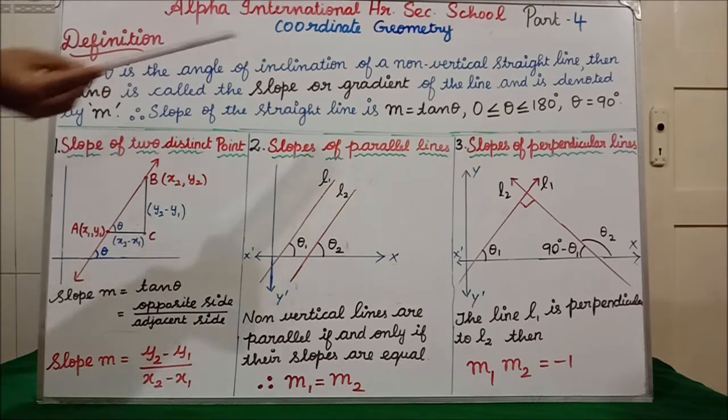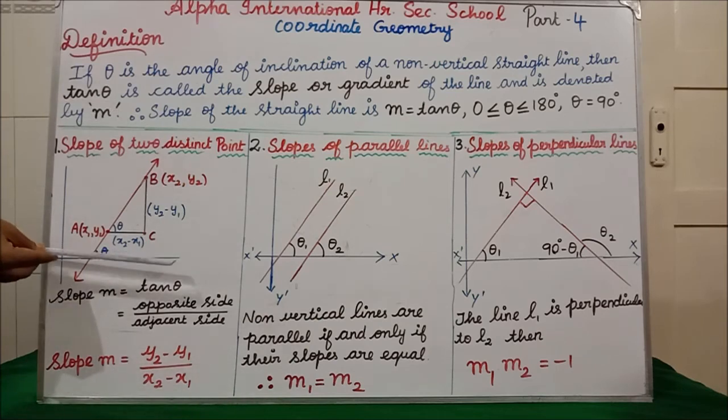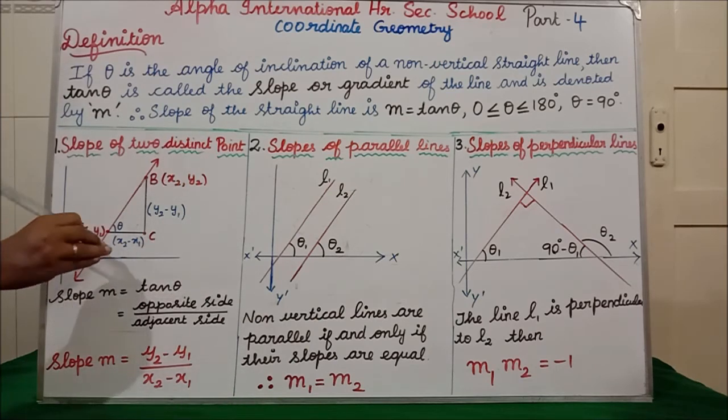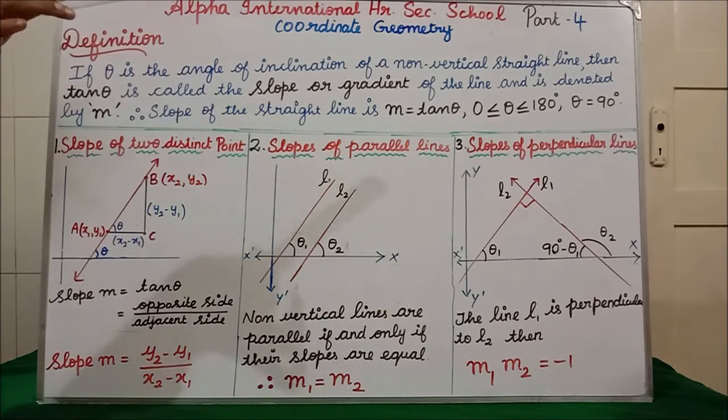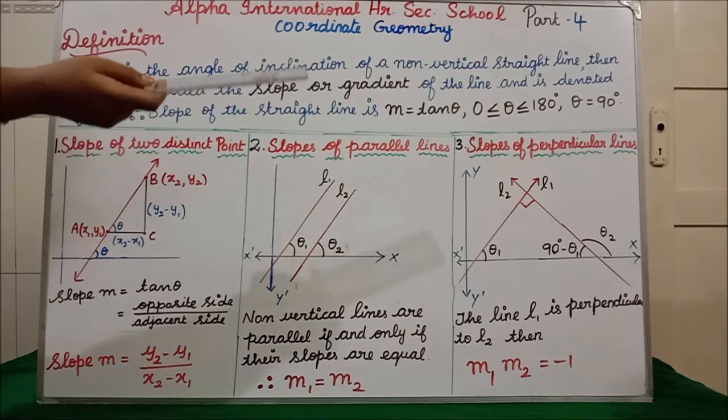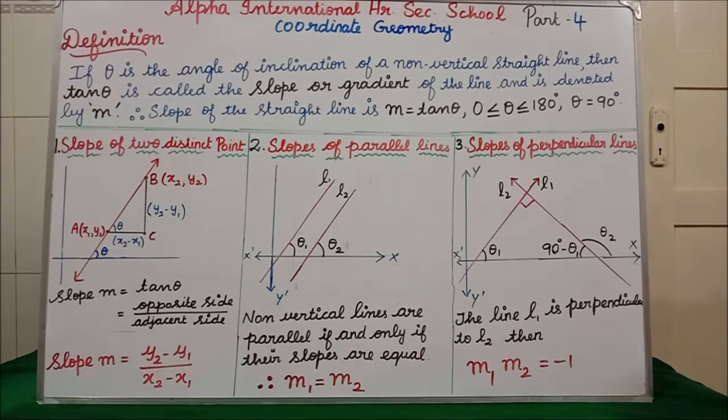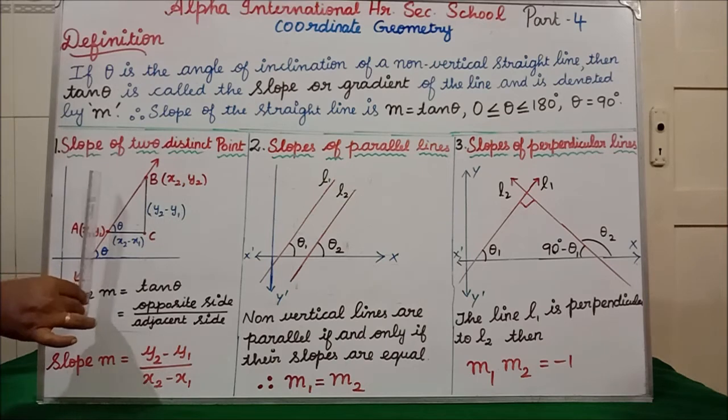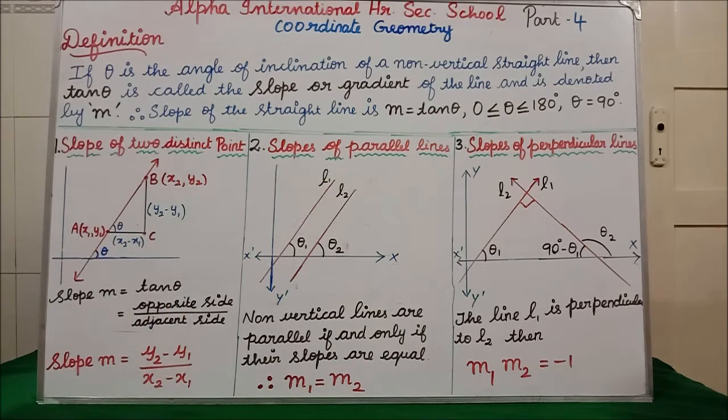This theta, how will it vary? See, from 0 degree to 180 degree it will go. Clear? So in between I have written theta. So this side what I have written? 0 degree to 180 degree it will come. So 0 is less than or equal to theta less than or equal to 180 degree, theta not equal to 90 degree. I have told you in inclination of a line, what I have told? The inclination of y-axis, every line parallel to y-axis. So if every line is parallel to y-axis, then that all the degrees what?